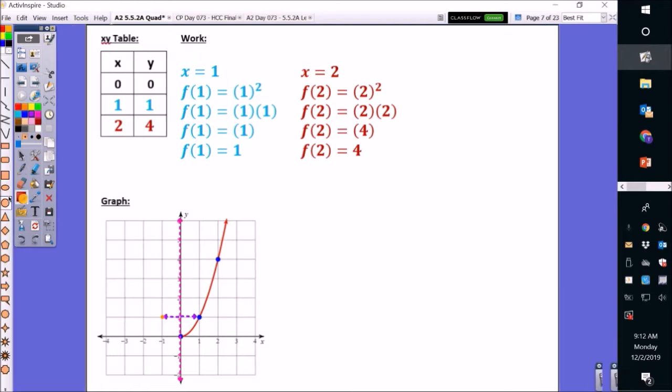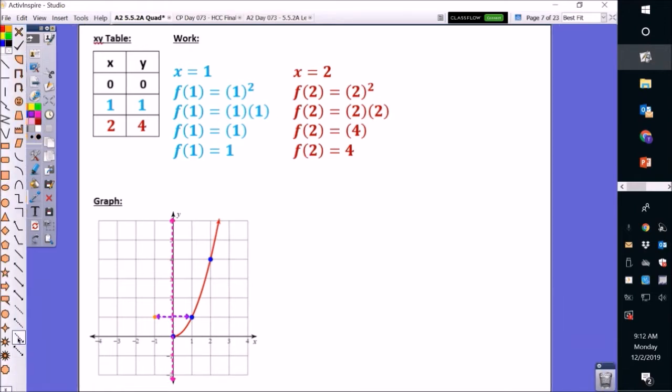Then I'm going to do the exact same thing for my third point. Starting at the horizontal of my third point, from the axis of symmetry, meaning from the middle, I went 2 units to the right. So I'm going to do the same amount, 2 units to the left,